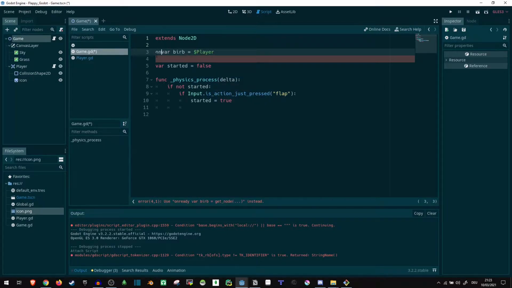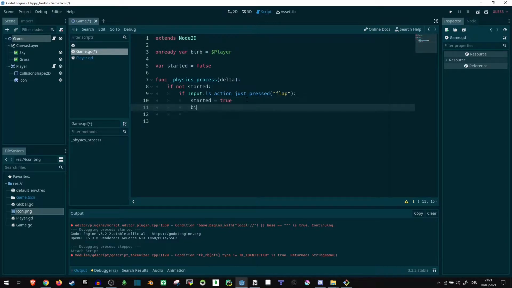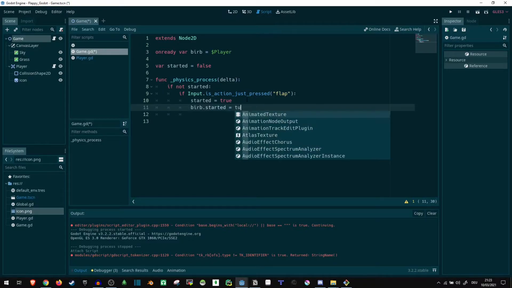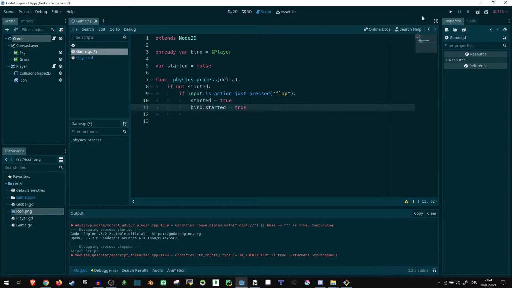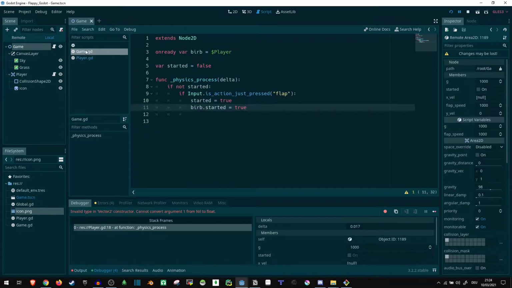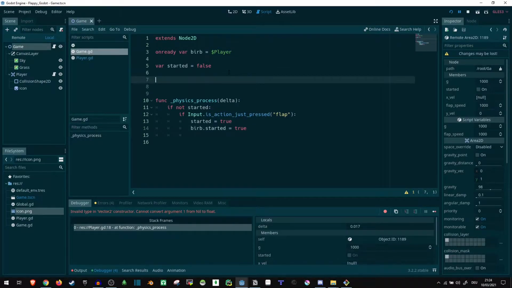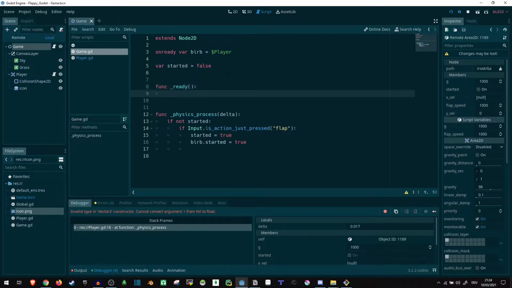Alright, it's an onReady node, onReady var player. There we go. So then we can say burp.started is also equal to true. And that's really all we need at this point. Let's take a look. No, never mind. That's almost all. This one here actually needs a ready function. Func ready. So what we need here is we need to say burp.x velocity is equal to the scroll speed